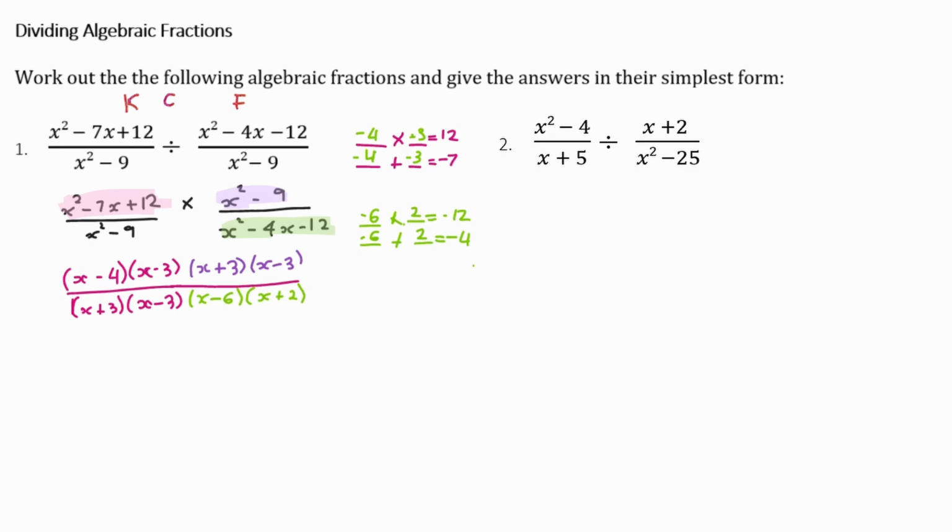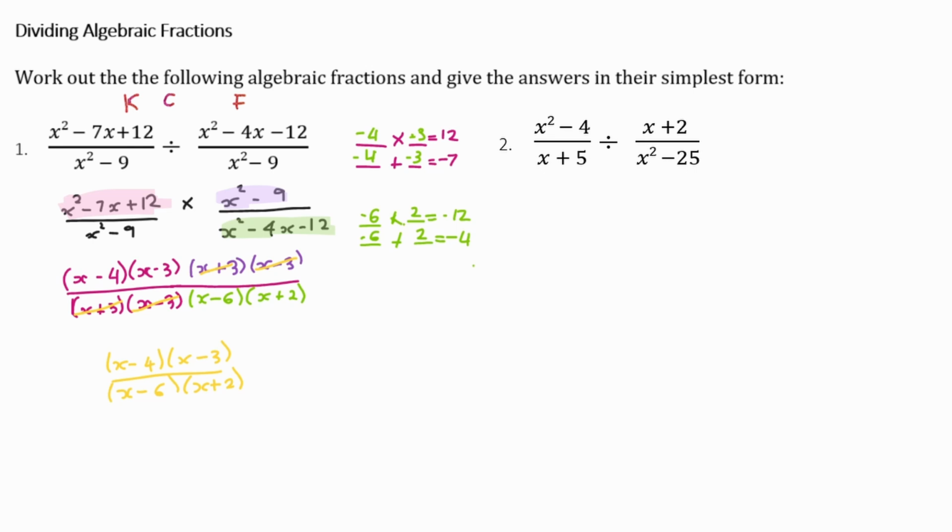We can now look for any common factors in the numerators and denominators. So as we can see, we have got x plus 3 in both numerator and denominator, and we've also got x minus 3. Cancelling them out leaves us with x minus 4 and x minus 3 in the numerator, and x minus 6 and x plus 2 in the denominator. And because there are no other common factors that we could cancel out, this will be our final answer in